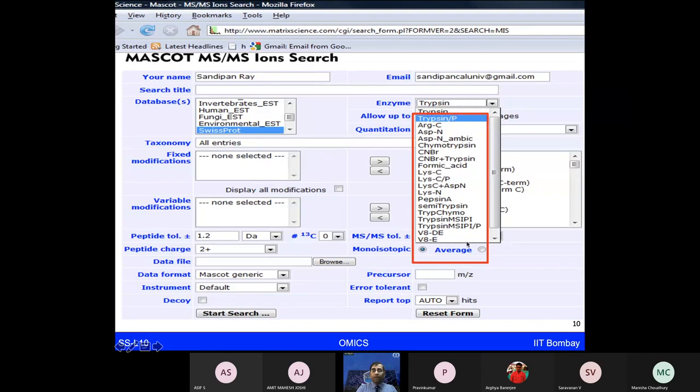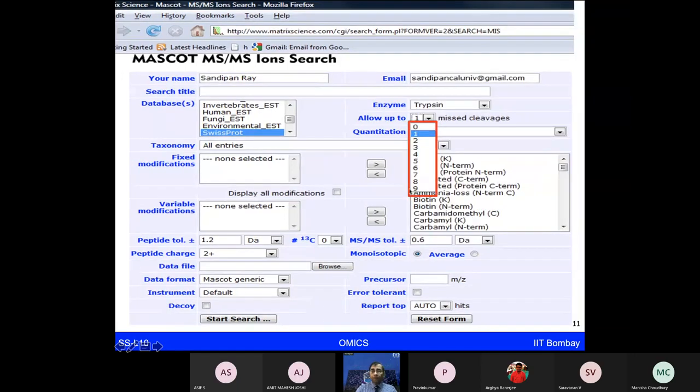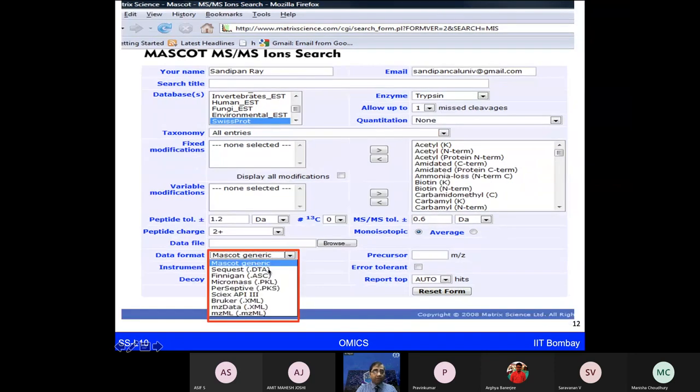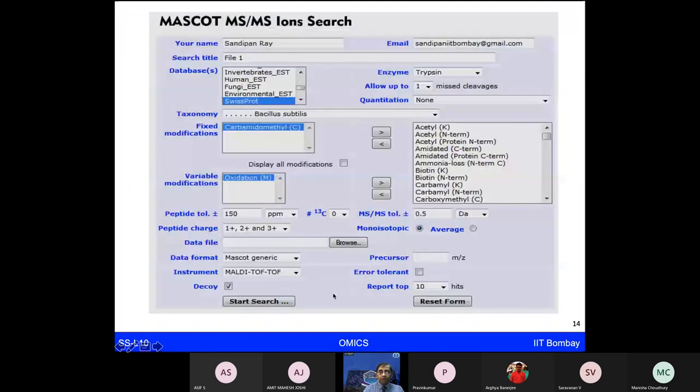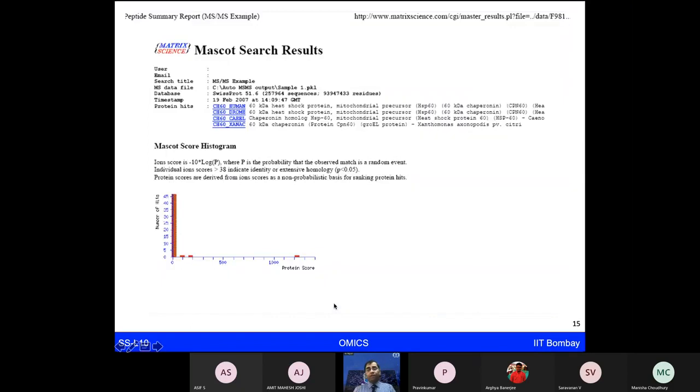Again, you may have options for multiple types of enzymes which you can choose. So these are the parameters which you have to play with. Initially, there are some guidelines which you can use, but of course, given your experimental condition, you will probably choose the most appropriate condition of the database, of the enzyme, of the possible other parameter changes. And once you have done these parameter changes, then you can click on start search with your input data file. That will give what proteins are present in that given sample of that data file.